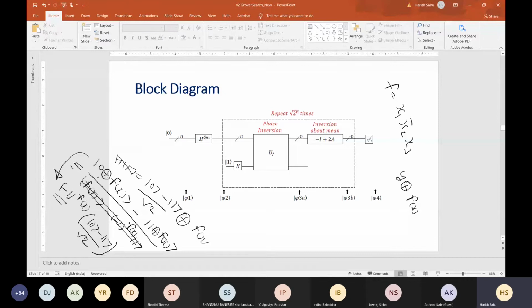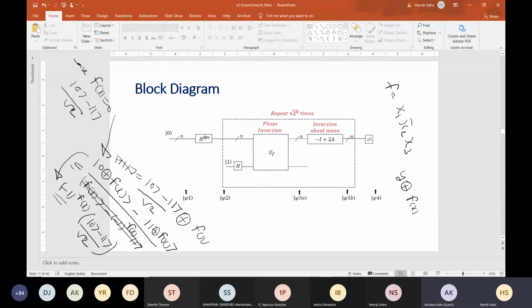Suppose f(x) is 0, case 1. Then 0 will remain the same and 1 will remain the same.